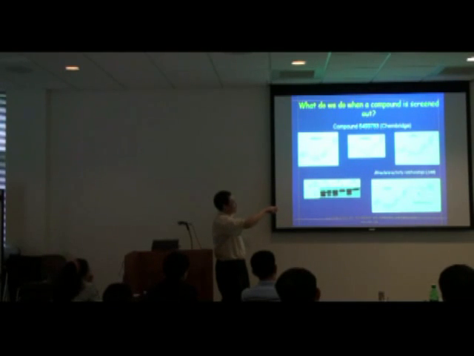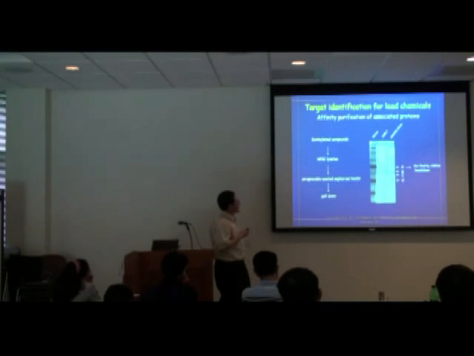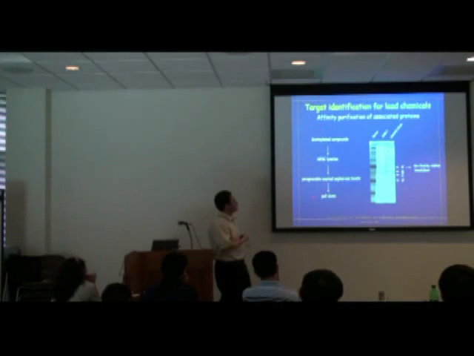And then if the group is on the side, the compound is still active. So you know that this is less important. And whatever you do, you can do it here. You can attach the biotinylated group right here, right? So he did that actually. Well, he didn't do that, but it's done by a collaborator, the chemist J.J. Chen, whom I'll acknowledge in a second. And then by using this, we can do a pull-down assay. And we actually identify several proteins.